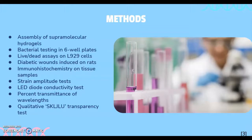To test the mechanical properties of the hydrogel, strain amplitude sweep tests were done in which the hydrogels were stretched at a fixed angular frequency of 10 radians per second with stretch percentages ranging from 5 to 200%. For the electrical experiments, LED diodes were wired through two separate hydrogels that would be severed to evaluate self-healing and